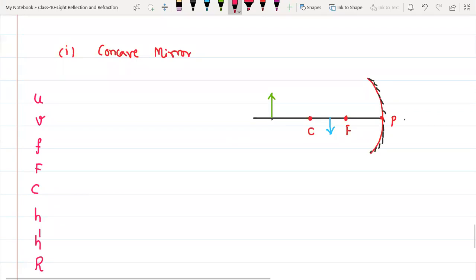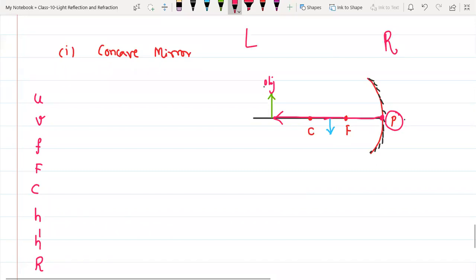Guys, you see this one is U, right? This one is object. Now, whenever you see a question, they will give you object is placed 10 centimeter from the mirror, or object is placed 20 centimeter in front of the mirror, like that. So you have to take reference point as P. If you want to calculate 10 centimeter, you will start calculating from P. You will move like this, from your right hand side to left hand side. So this is your right hand side. This is your left hand side.